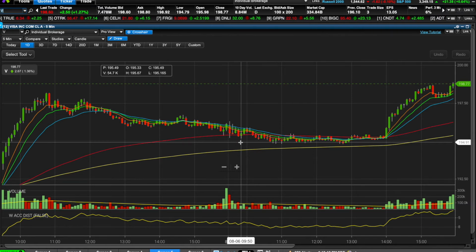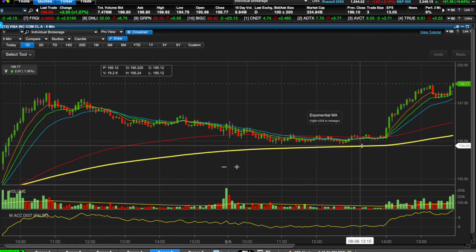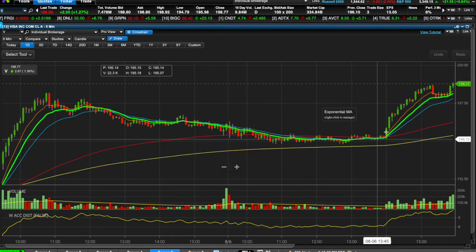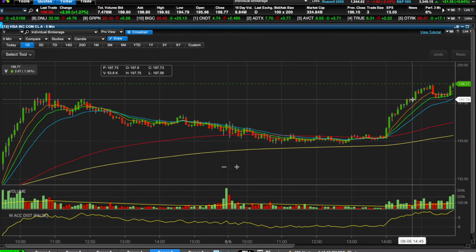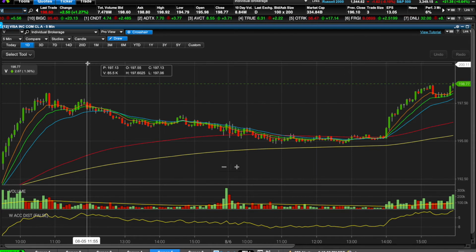So I had 2 calls on Visa yesterday, and I sold one when Visa was up $4 or $5 a share. It pulled back toward the close yesterday, and then pulled back pretty much all day today until it decided to run up last minute and actually closed up positive 250. So I could have made a little bit more money, but after it was downtrending pretty much all day, I decided to get out of that trade. I also had puts on ABBV,